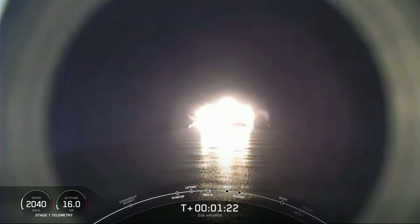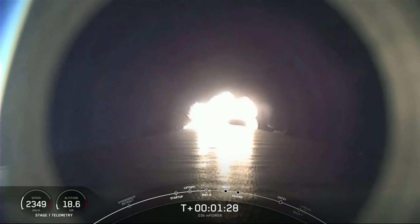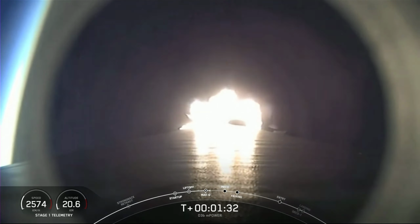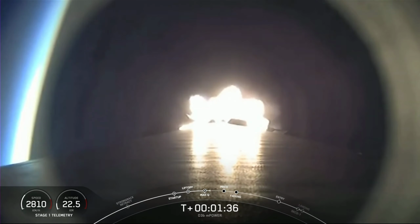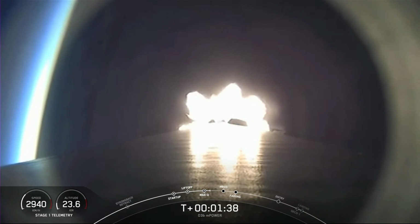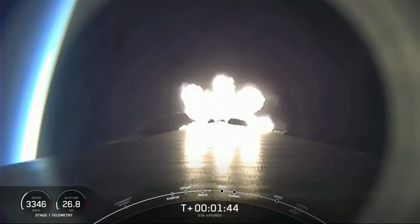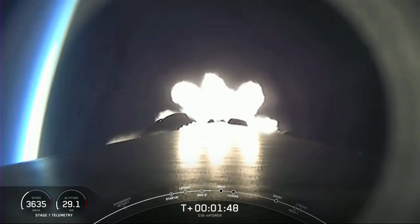I apologize, I just talked over the call out there for max Q. That is the point of maximum aerodynamic pressure and the highest stresses on the vehicle during the ascent. Now, the rocket needs to go about 17,500 miles per hour horizontally in order to avoid getting pulled back to Earth. So we'll be continuing to accelerate the vehicle in preparation for several events we've got coming up in about a